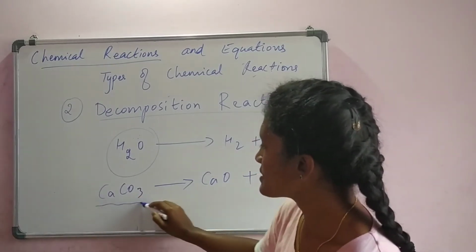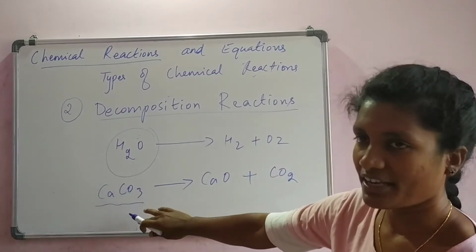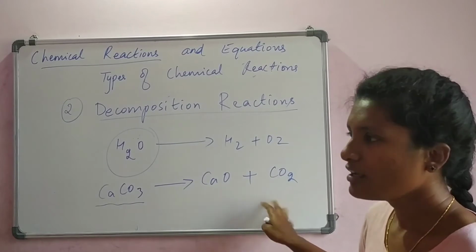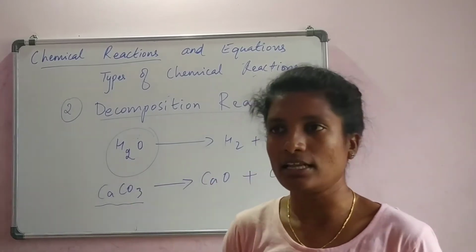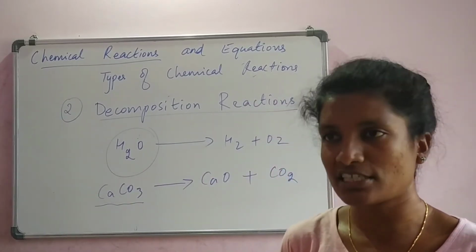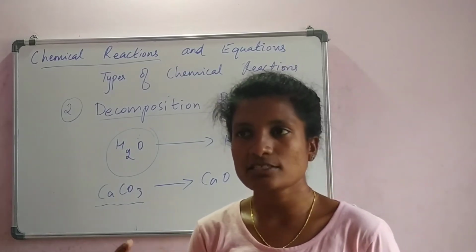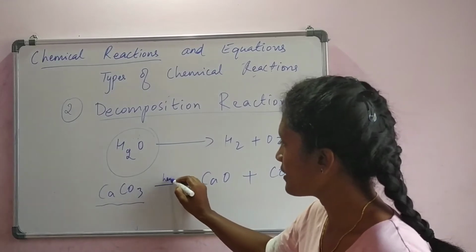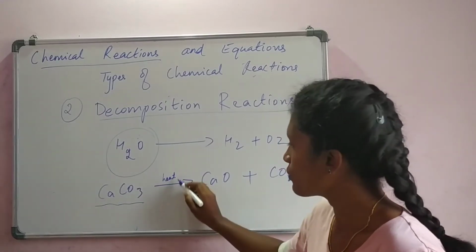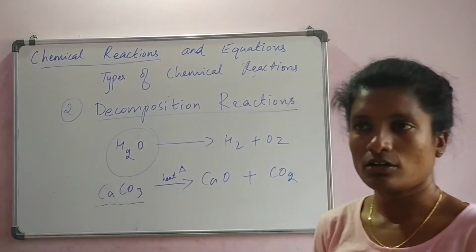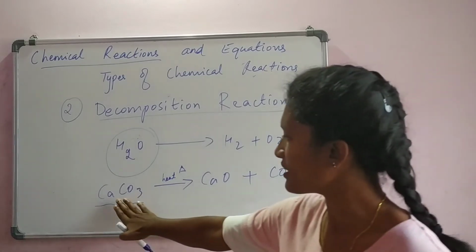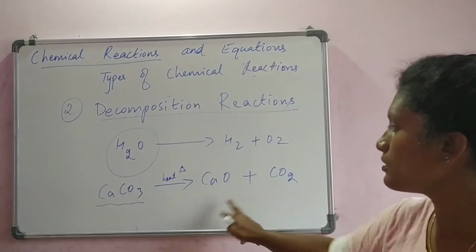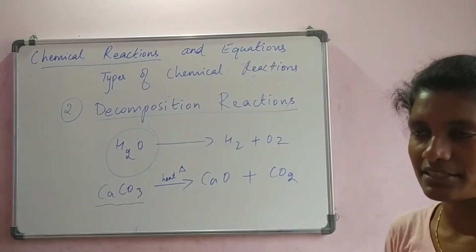So in order to make this calcium carbonate break into calcium oxide and carbon dioxide, we need to supply some external energy. Like we discussed in yesterday's session, there is more information that we can learn from a chemical equation, that is, heat can be provided, which I denote by delta. If you provide heat to this material, it gets broken up or split into compounds or elements like this.